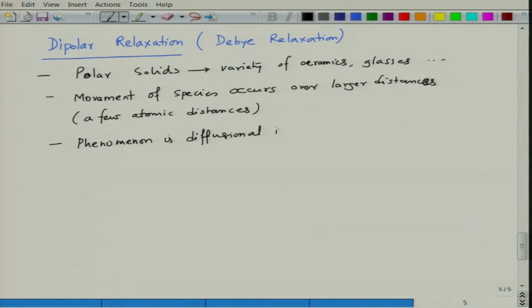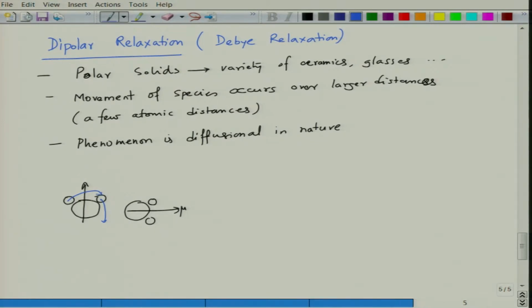diffusional in nature. So, basically suppose you have a charged dipole like this, it was earlier in this fashion, now it has to move. So, this is the first position, now it has to move to this position. Okay. So, essentially it goes from this position to that position. So, all these atoms have to now hop from this position to that; this atom has to come from this position to this position, correspondingly this atom has to go from this position to that.